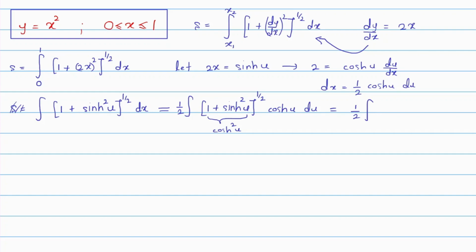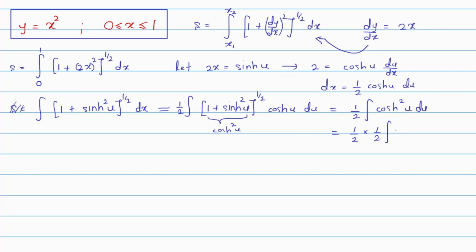Since this is cos squared u, because we raise it to the power of half, this becomes cos u, and cos u into cos u is equal to cos squared u. So we write cos squared u du. And this next can be written as 1 over 2 into 1 over 2